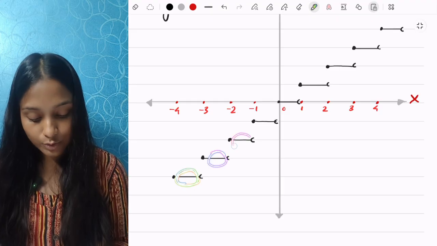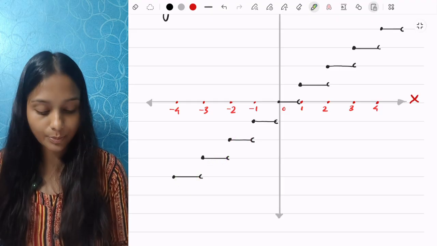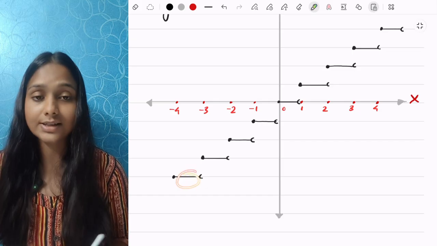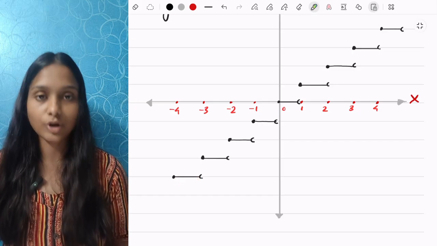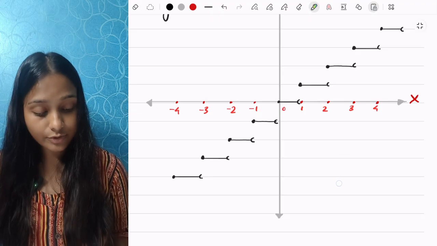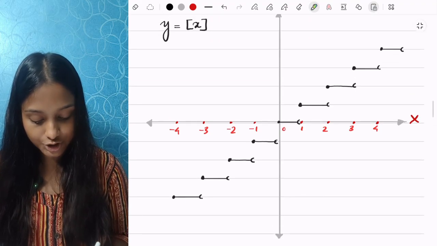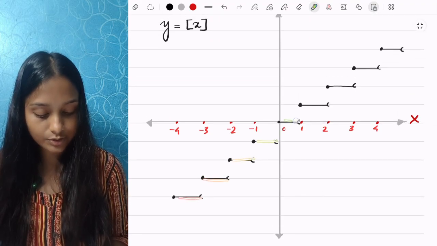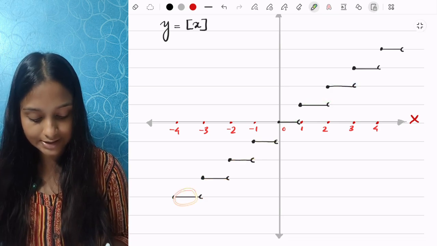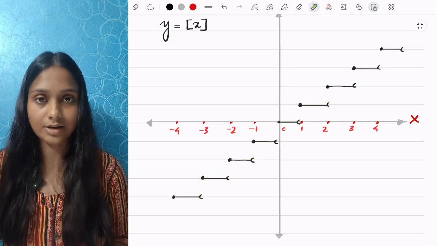So there is no continuity, no differentiability at the integer points, but at the other points, all those values in between the integer parts are constant. Therefore this is continuous, this is differentiable, and the limit also exists obviously. And it is also obvious from this graph that this function is increasing. It is increasing gradually, but it is not strictly increasing, as here we are getting the same values, and here we are getting other same values.